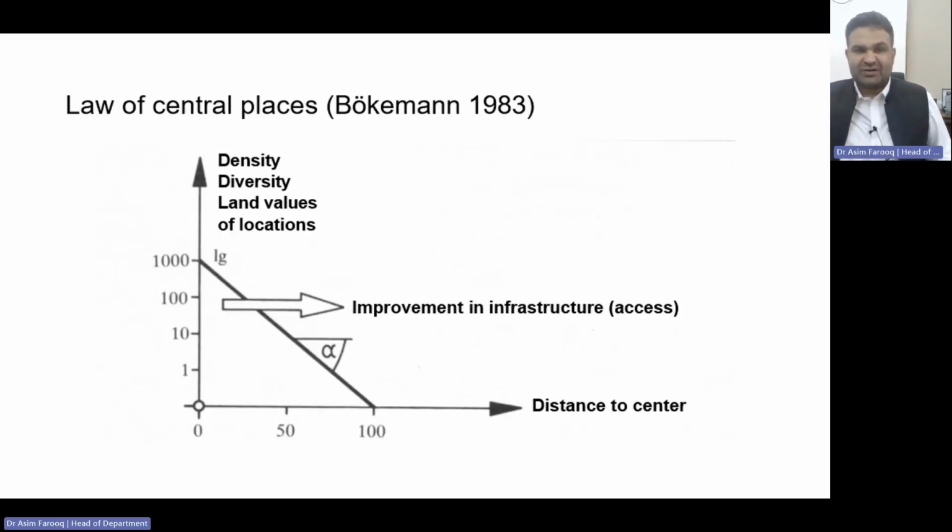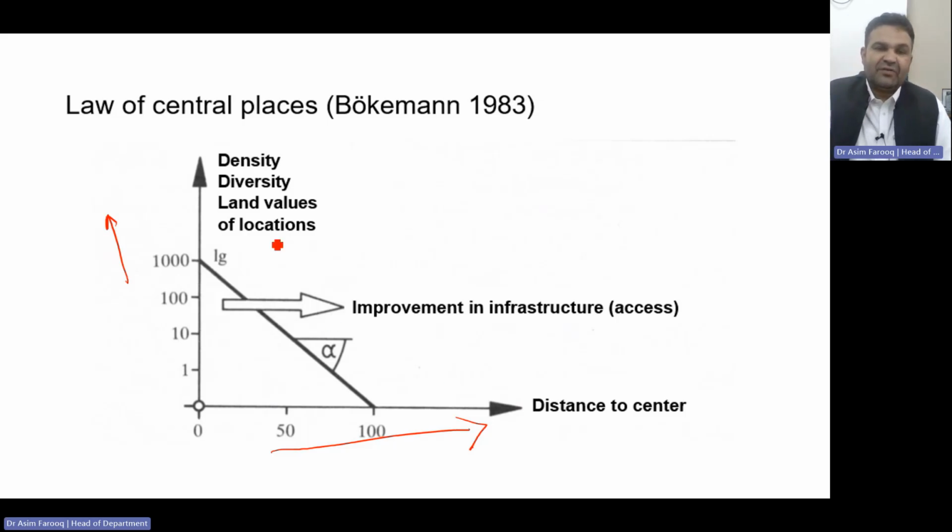Now we are trying to understand the law of central places. So the concept is how those cities were taking place, and of course, they will expand. So now as a transportation planner, what do you need to understand? The first concept is that as the population increases, the demand toward the center will increase. Then, of course, we need to understand density, diversity, land value, as well as location,